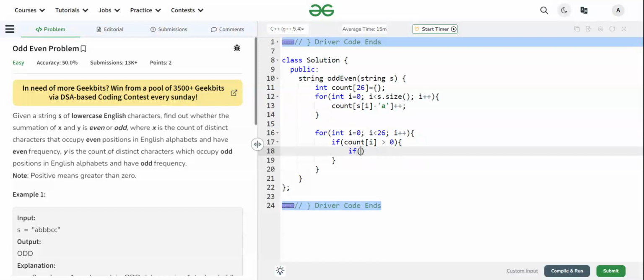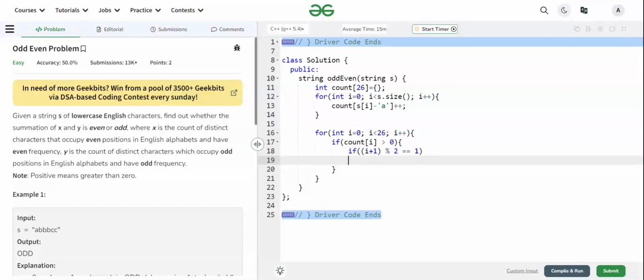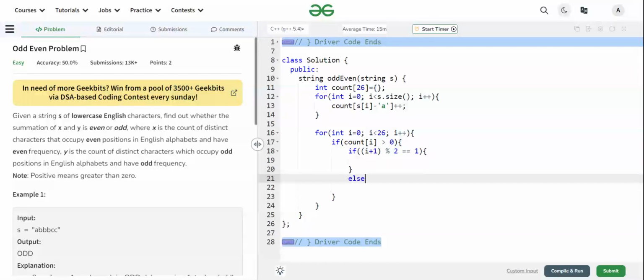Suppose i plus 1 mod 2 is equal to 1, that means it's odd, sorry, equal to 1 means it's odd, and else it's even.